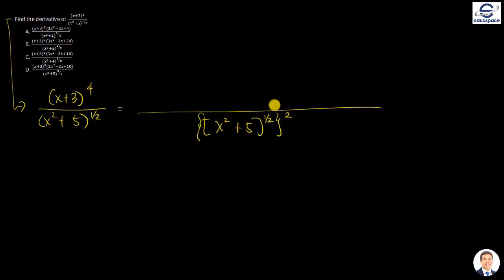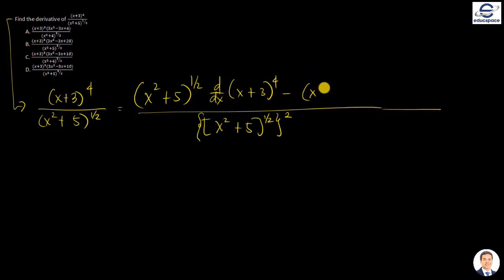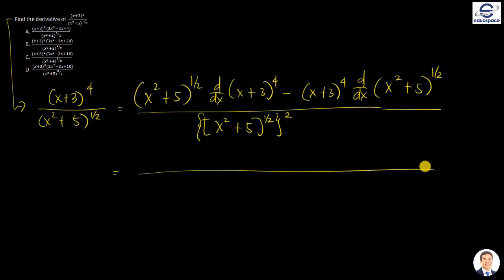and then first is to take the derivative of the numerator. So we have (x^2 + 5)^(1/2), and then we take the derivative of the numerator, (x + 3)^4, minus, in this case we keep the numerator the same, (x + 3)^4, and we get the derivative of the denominator. So in this case we have (x^2 + 5)^(1/2). So we follow the same rule. Here this will cancel out, therefore we have x^2 + 5,